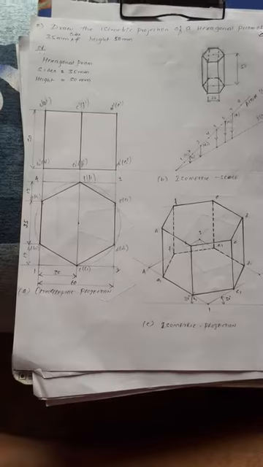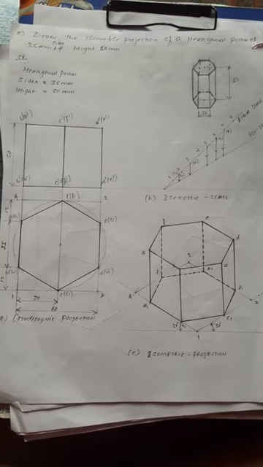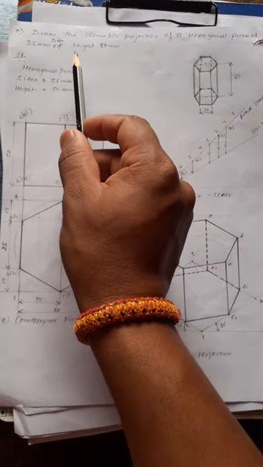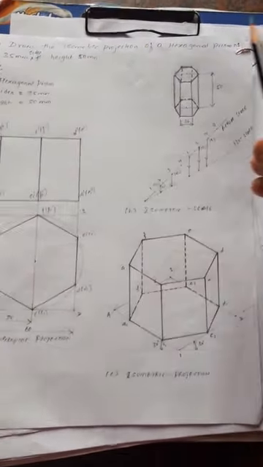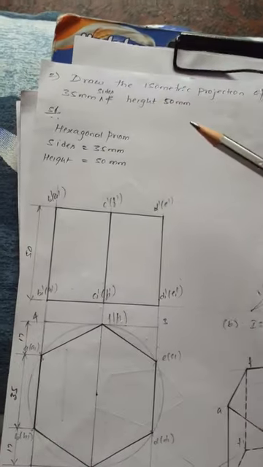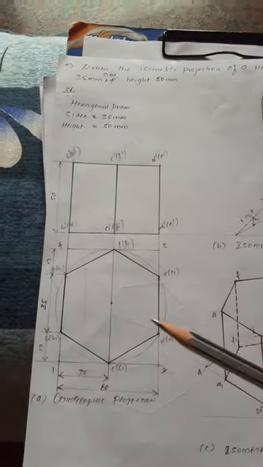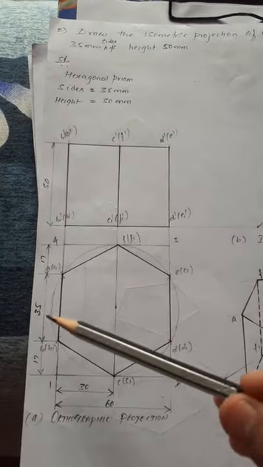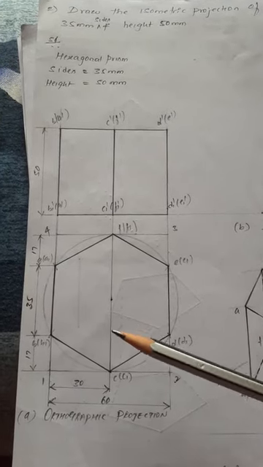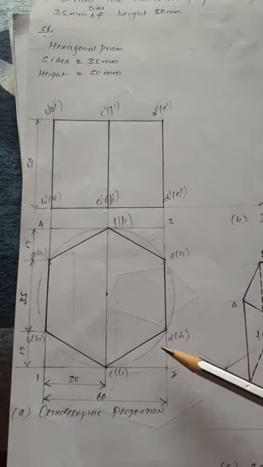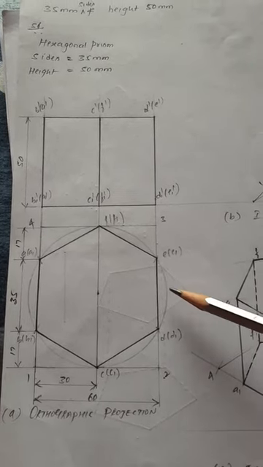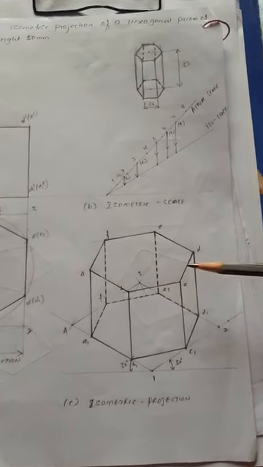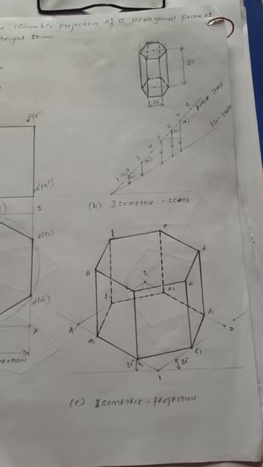Remember that point. Then next, try to solve this problem also, that is, draw the isometric projection of a hexagonal prism of 35 mm sides and height 50 mm. You know the hexagonal prism, write the given data, then write the orthographic projection of that hexagonal prism, then bound the top view of that orthographic projection by a rectangular box. You know how to construct a hexagonal prism also, you go for the circle method, it's very easy. Then draw the isometric scale, then we'll go for the isometric projection. Let's try to solve these two